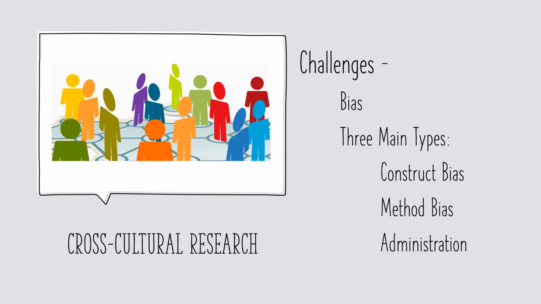Bias includes the historical perspective of a cultural hierarchy, the stance that one culture or group is superior to another, and thus if the inferior group does not fit the superior group's ideals, they are subsequently pathologized. Bias has been expressed in sweeping generalizations about various cultures, and in research, these biases can take on three main types: construct, method, and administration.